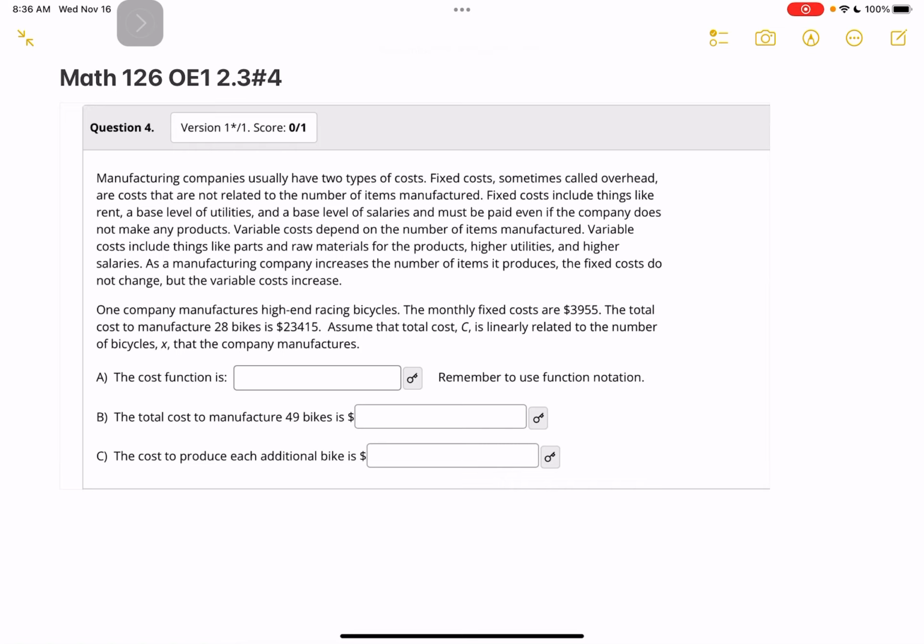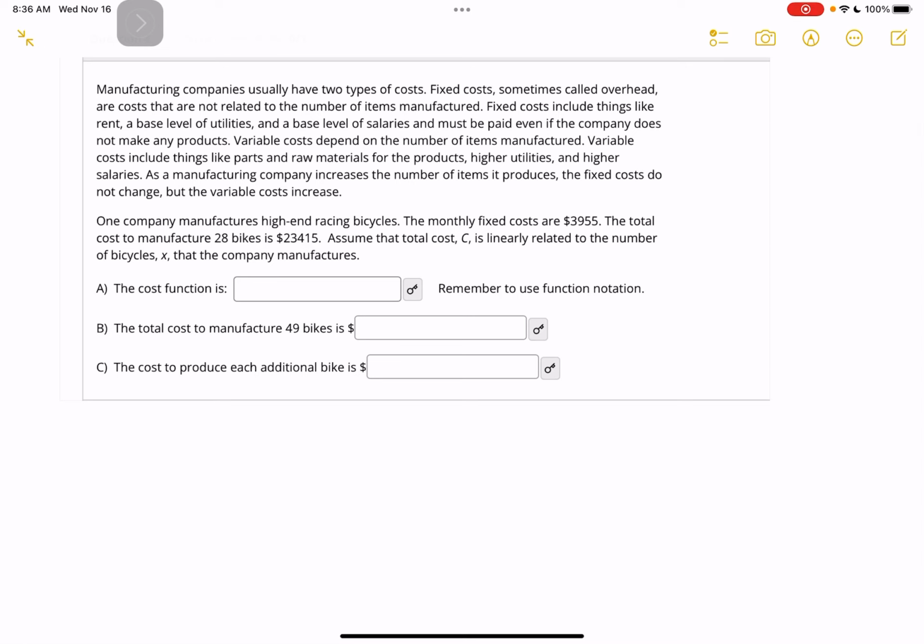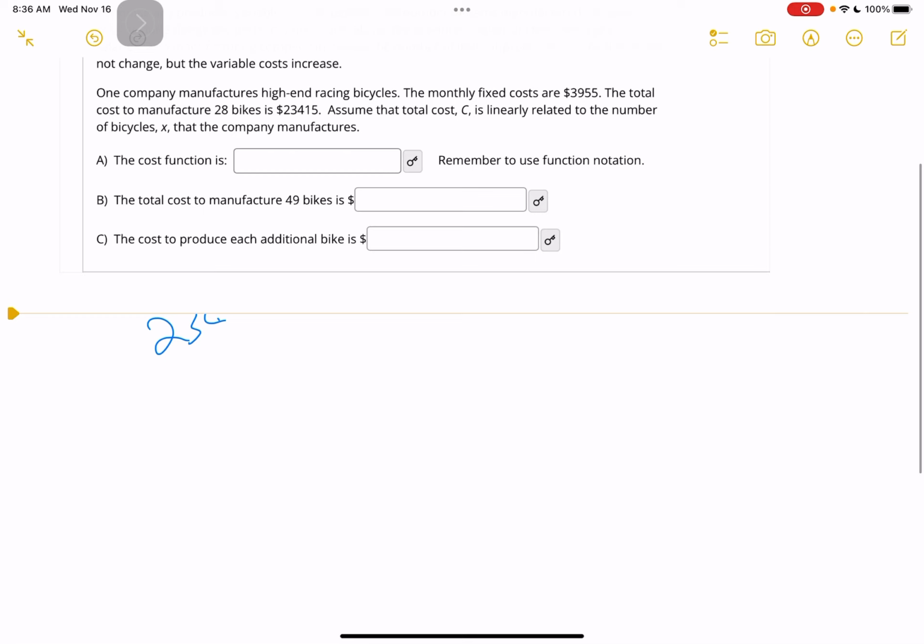The total cost to manufacture 28 bikes is $23,415. So we want to find the cost per bike, and that's actually the question C as well. So if you take that 23,415 and subtract off that 39.55, so that we're taking the total cost for 28 bikes, subtracting off the fixed cost, and we're down to